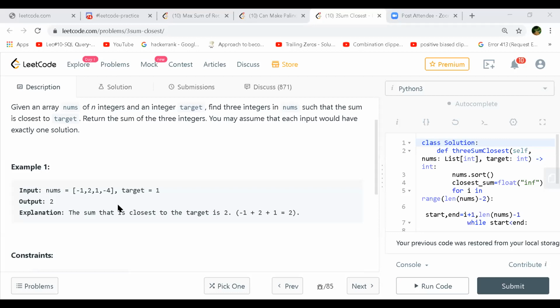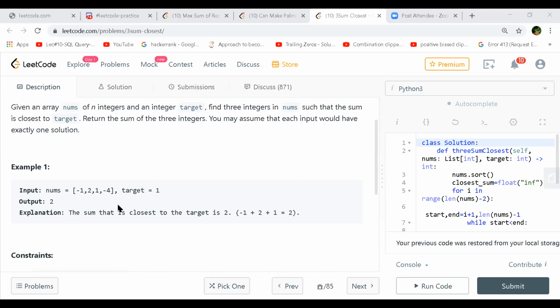One confusion I have: suppose the target is 4 and my sum is 3, or if I take another set of 3 integers, the sum is 5. So is 3 considered close to 4, or is 5 considered close to 4? Both, I think, are possible answers. You mean 3 and 5 both are possible answers for target 4? Yeah, I think so, because you're taking the absolute difference, right?